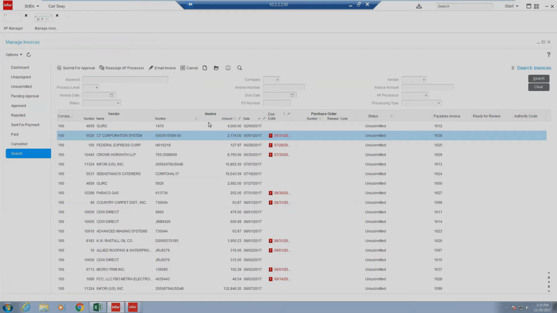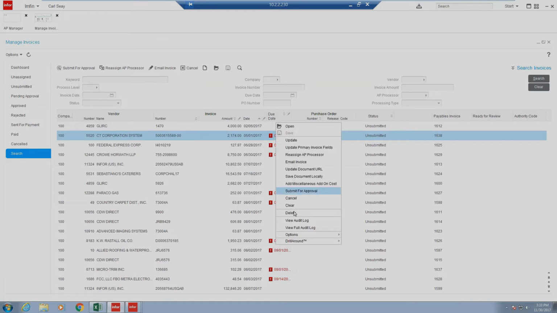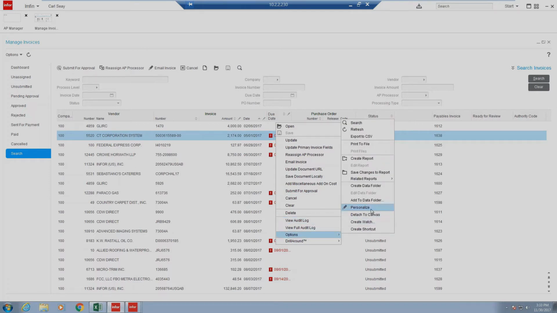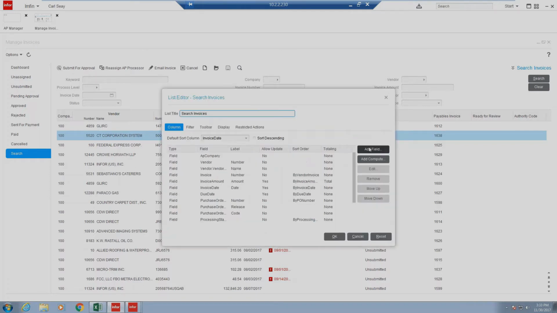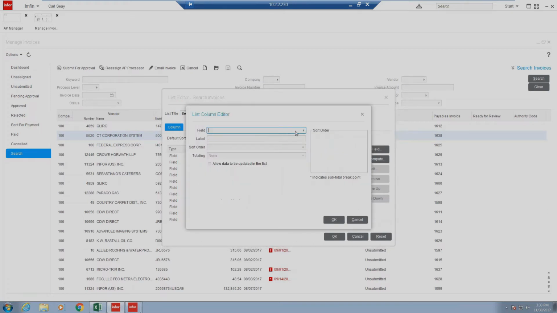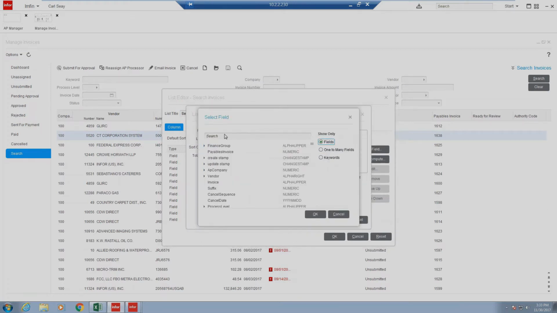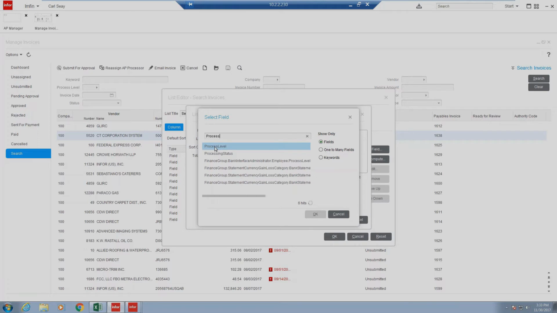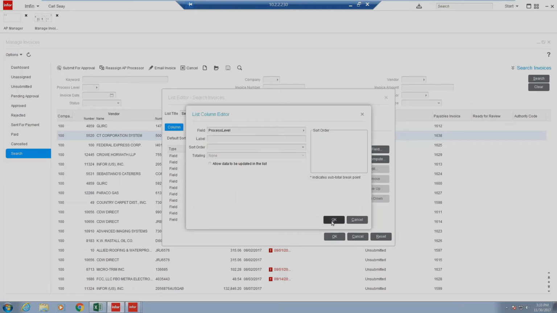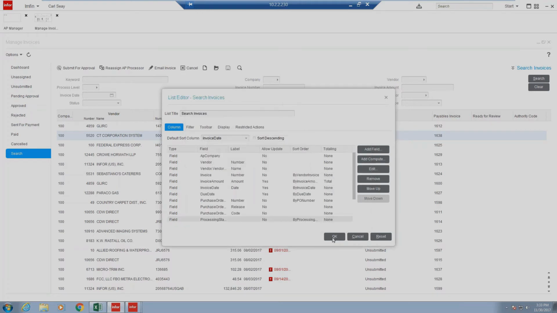Let's say I want to pull in the process level. I'll right-click inside of the grid, click Options, Personalize, I'll add a field, and then I will search inside of the field for process and level. A lot of the times the naming convention of these are all one word. So if the field says process level, combine that to one word. We'll go ahead and select it, click OK, click OK,